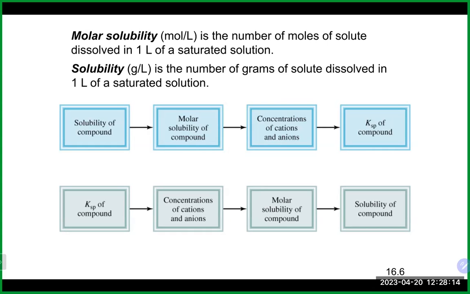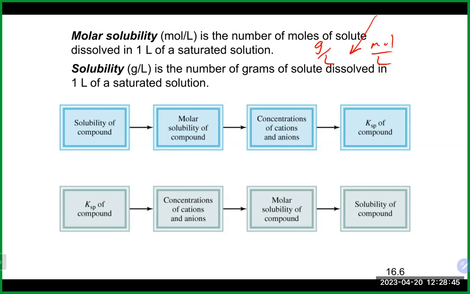So in these type of problems, you may be given the solubility of a compound, and it may be given to you in any type of unit. But ultimately, once you have the solubility of that compound, you do want to convert it typically into the molar solubility. So you want to get it to moles per liter. So if it's given to you in grams per liter and you wanted moles per liter,